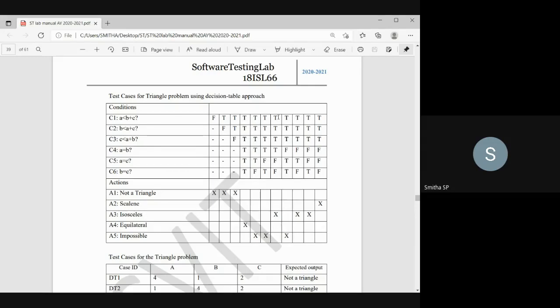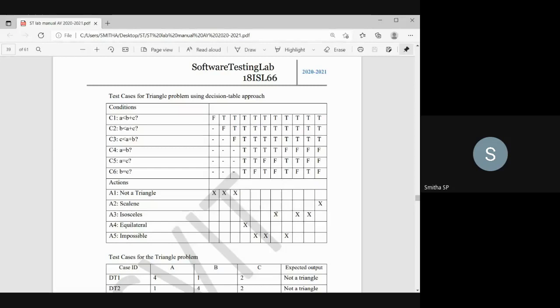Moving to the seventh rule, the three conditions are satisfied to form a triangle. Then coming to the fourth condition, A equals B, true, the condition is satisfied. Then you check the fifth and sixth conditions, A equals C and B equals C. A equals C is not satisfied, false. B equals C is not satisfied, false. So the condition that is satisfied here is A equals B. The side A is equal to side B, so two sides are equal here.